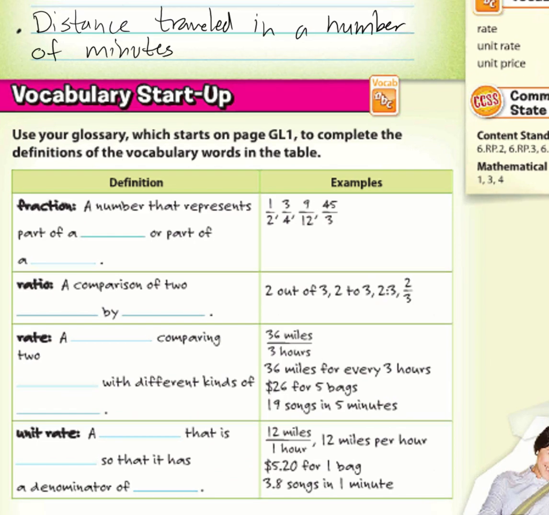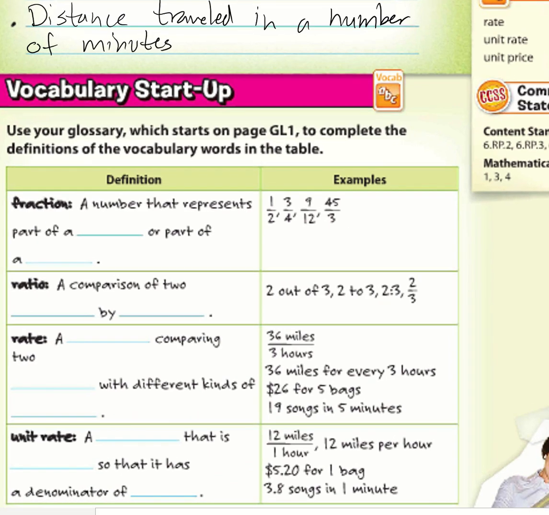So a number that represents part of a whole or part of a set, that is a fraction. A ratio, a comparison of two quantities by division. And a rate comparing two simplified